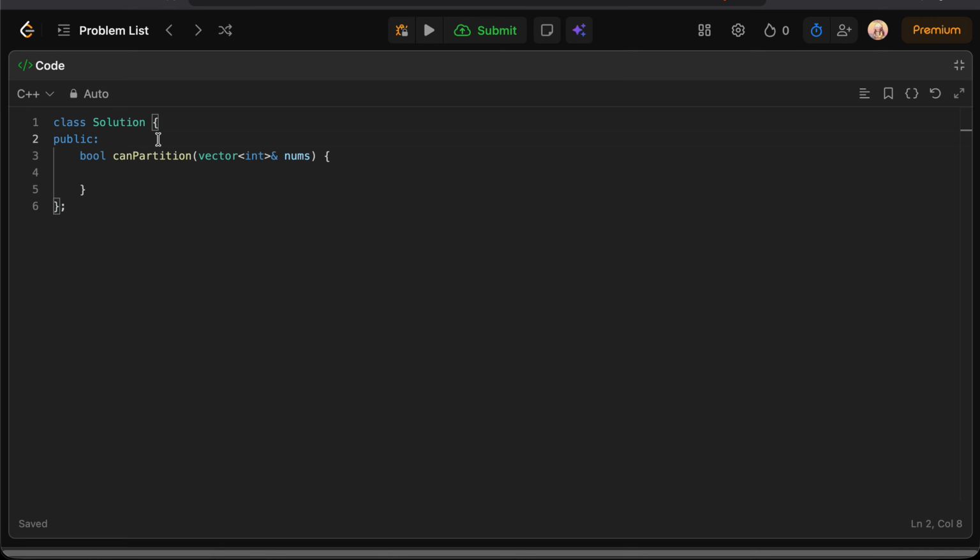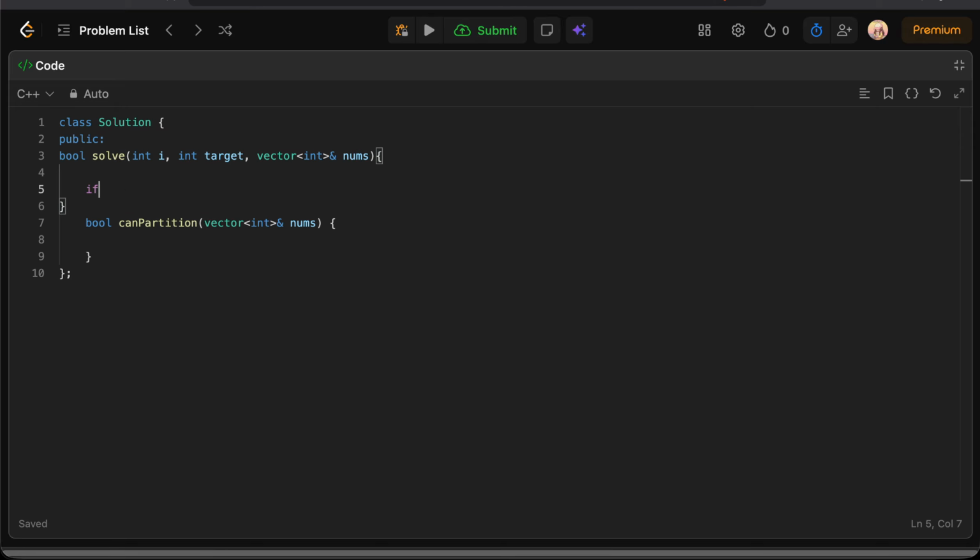First we write a function solve with int i, int target, and vector int nums.